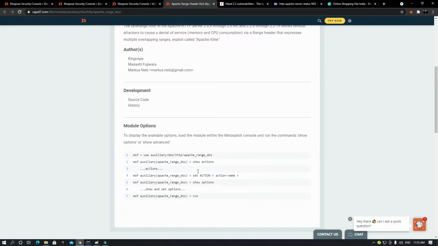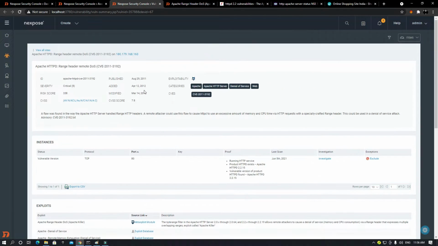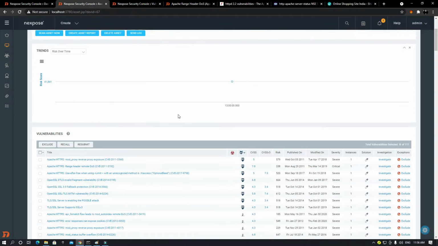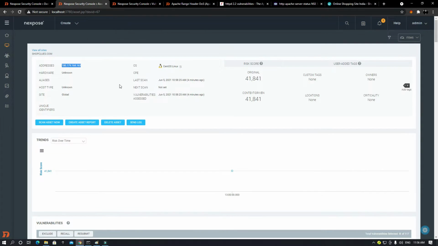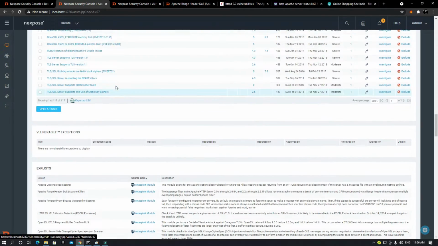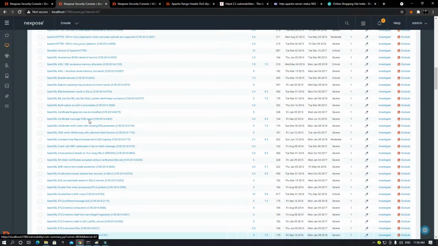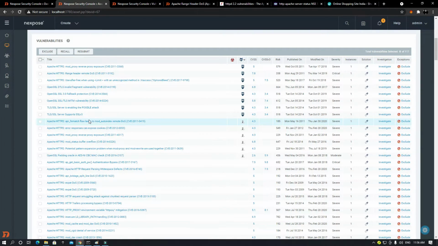You have to choose what option you need and what action you need, what is a target mission. So you have to set everything. Once done, trust me, if there is no proper IDs and IPs in place, this website can be taken down. So this is one among the 117 vulnerabilities which I have discovered in shopclose.com. There are many vulnerabilities. Okay, trust me, it is totally unsafe to have a website like this, because it is